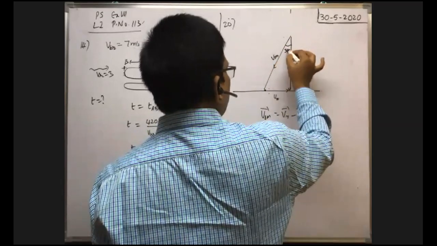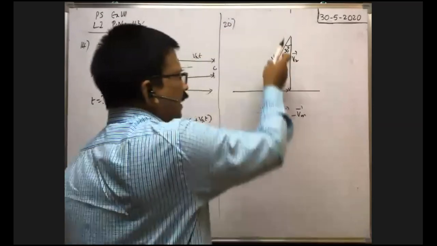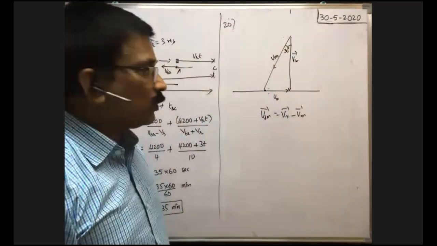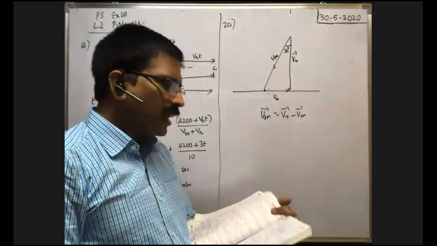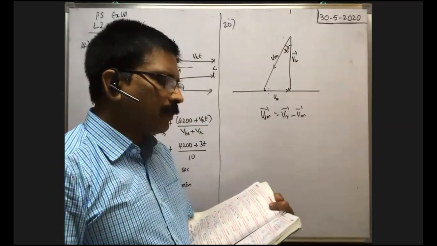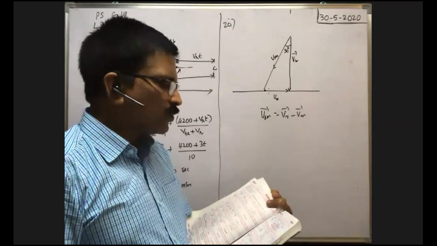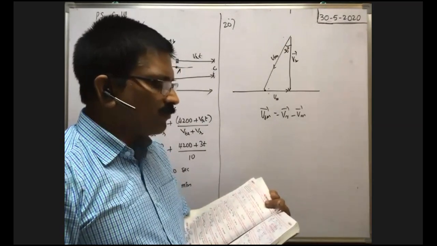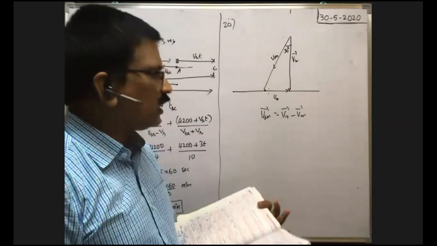Initially it makes an angle 30 degree with vertical. In this direction umbrella is held. But by how many times is the velocity to be increased? The question is by how many times the person should increase the velocity to change the umbrella position from 30 degree to 60 degree with vertical.